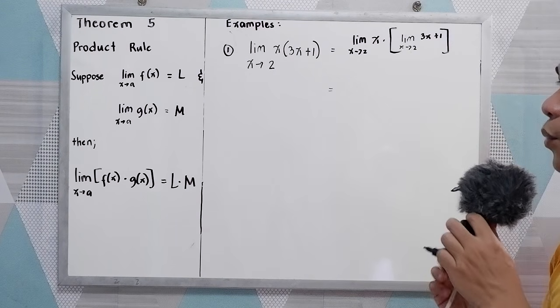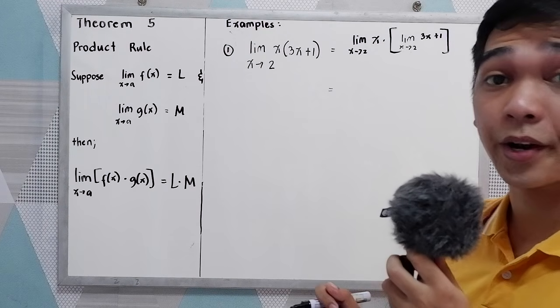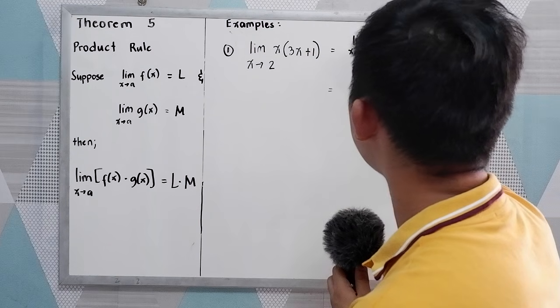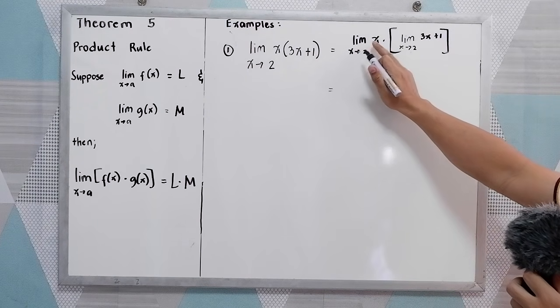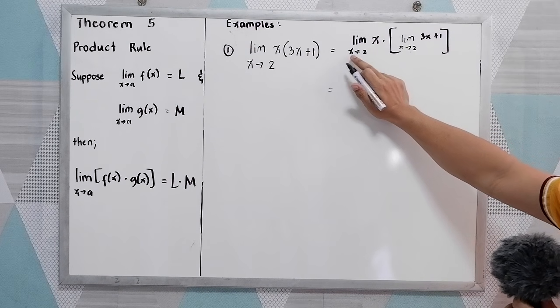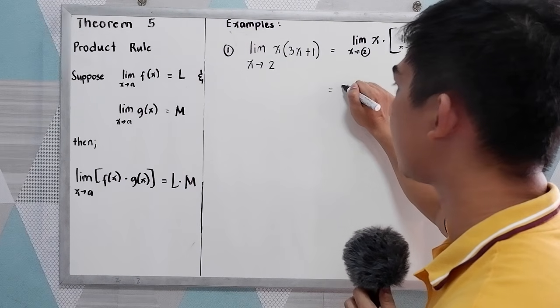In this case, we're going to apply the previous theorem, just like what we did in theorem number 4. Applying property number 2, or theorem number 2, the limit of x as x approaches 2 is equal to our a, which is 2, so that is simply 2,